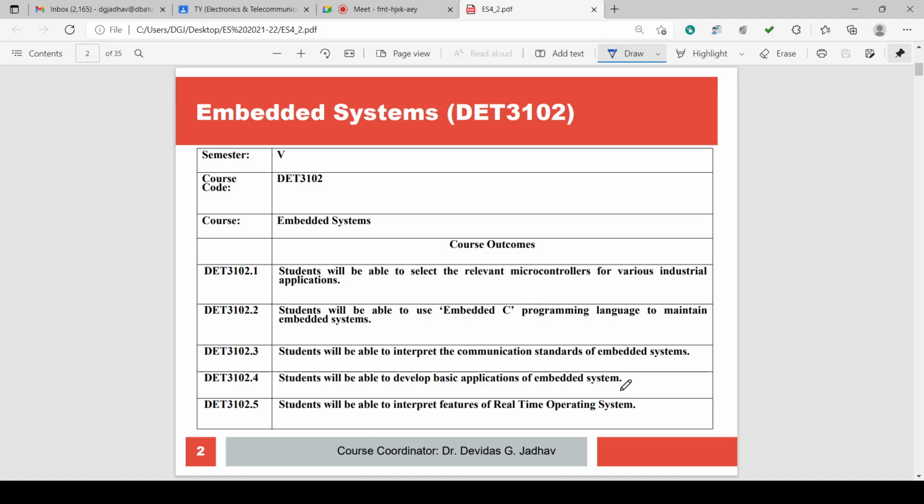Okay, so these are the course outcomes, and today we are going to check again some of the programs we have discussed with this.